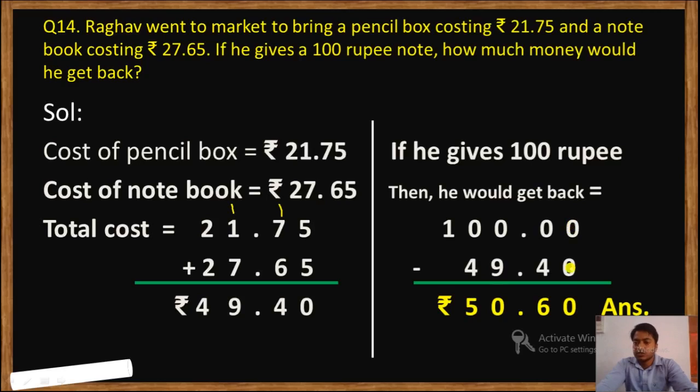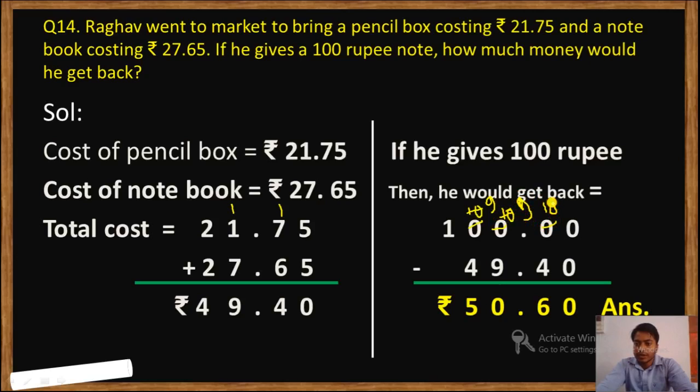Now subtract 0 minus 0, 0. Now 0 is less than 4, so it will take a borrow from here, but here also we have 0, so this will take a borrow from here, but here also we have 0, so this will take a borrow from here. Okay, when we take a borrow from here, this will become 10. Now this will take a borrow from here, then this will become 10 and this will become 9. Okay, now this will take a borrow from here, then this will become 9 and this will become 10.